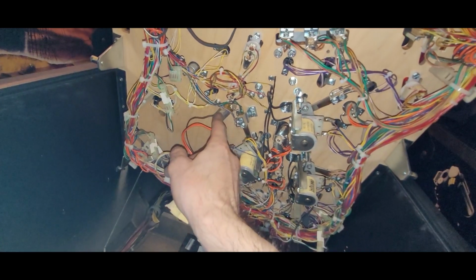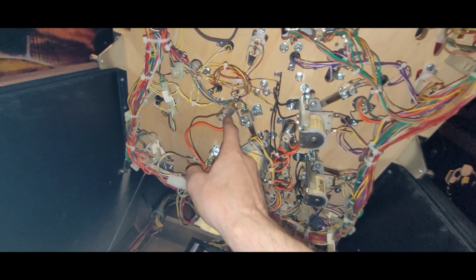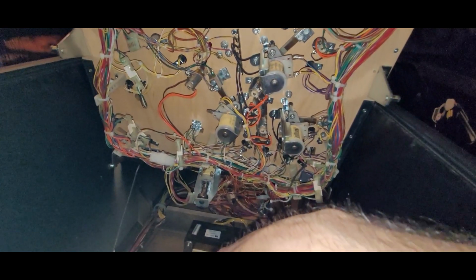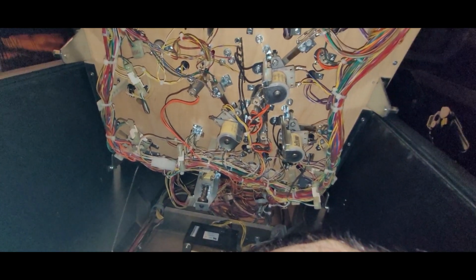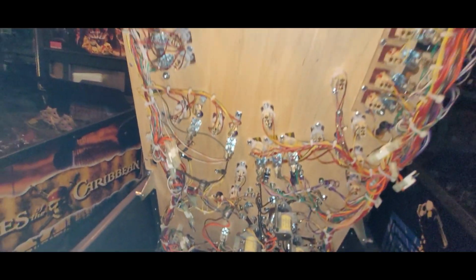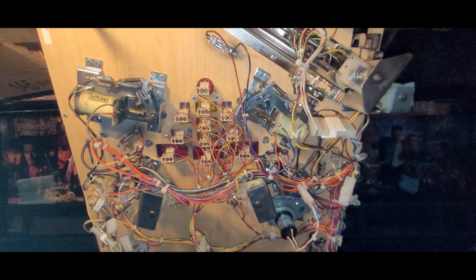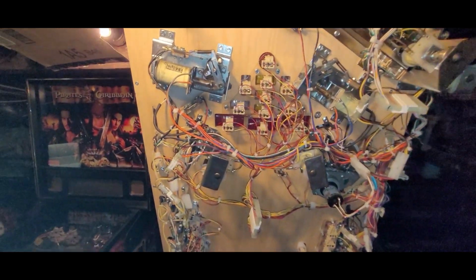Did I check this? Yeah, I checked that flasher. These three were all dead, and I think there are no more flashers that are accessible from the bottom here. So yeah, that's pretty good progress